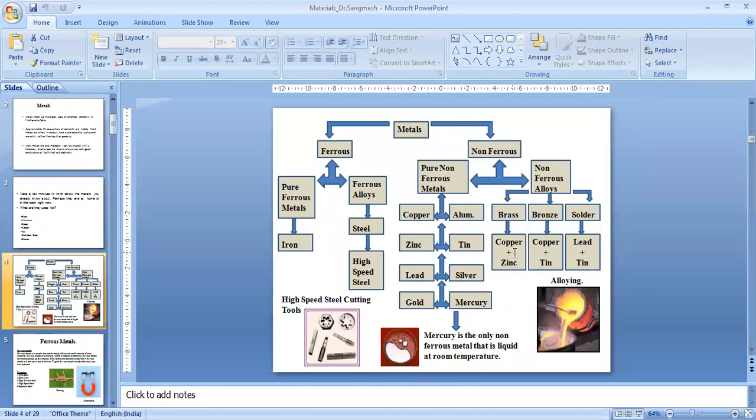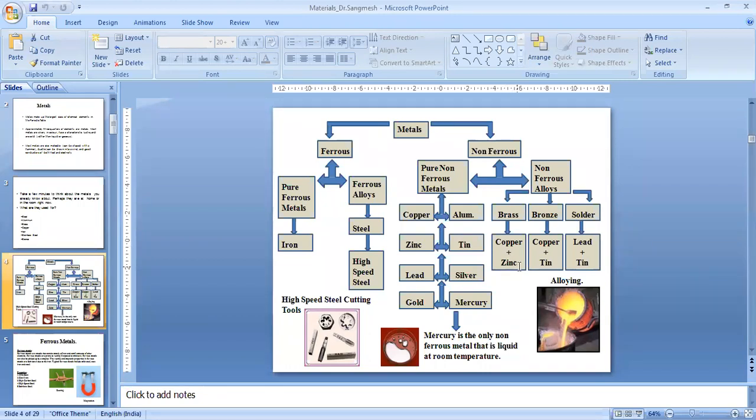Now non-ferrous alloys: for example, mixing copper and aluminum, we get some alloys. But alloys of non-ferrous only, so that is brass, bronze, solder. So brass, how do you get it? Copper plus zinc. The main constituent is copper, and if you add zinc, you get brass. Copper has thermal conductivity even more than aluminum, and zinc is unique in its own nature. If you mix them together, we can get an optimum property.